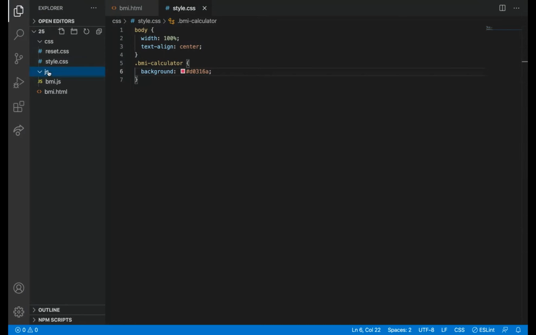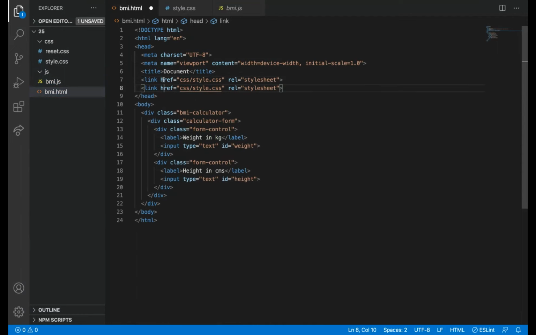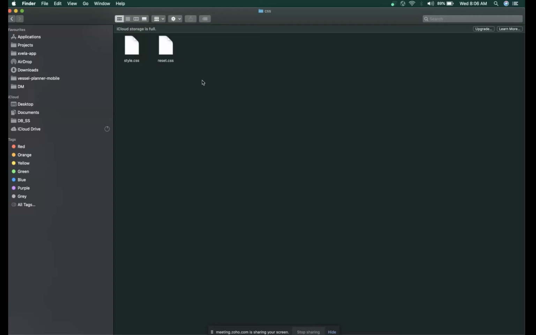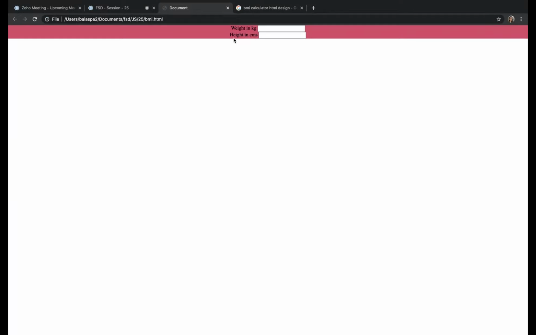So I copied. Reset CSS should be first, right? Yeah, reset CSS got applied.